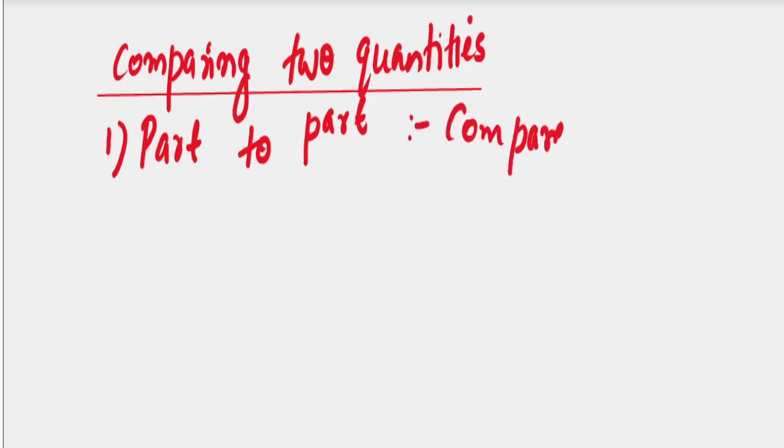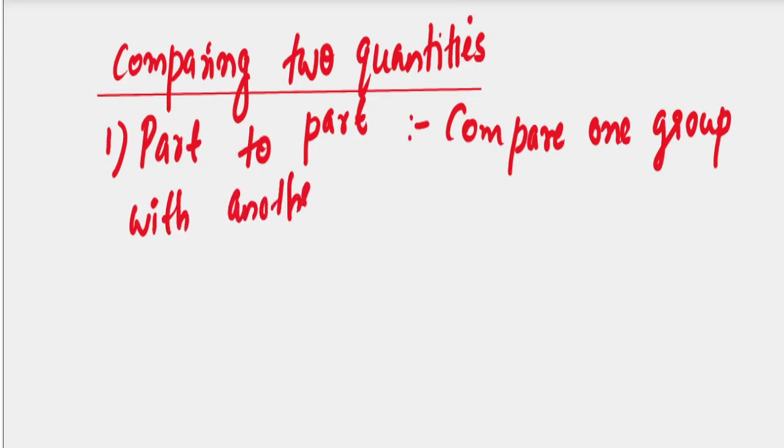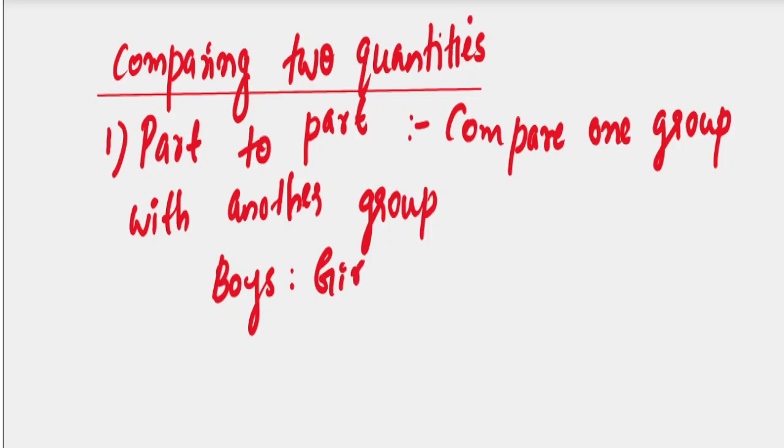Compare one group with another group. That is, boys is to girls. One group is boys and the other group is girls. Boys is to girls is 2 is to 3. Now the next method of comparing is